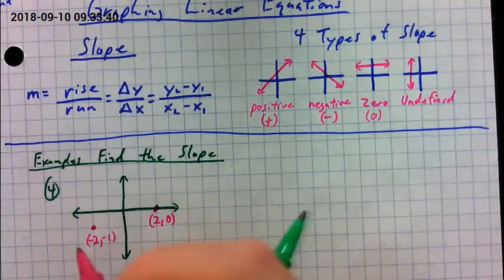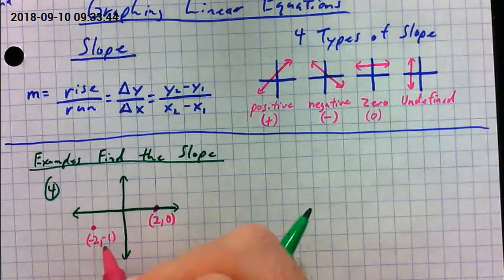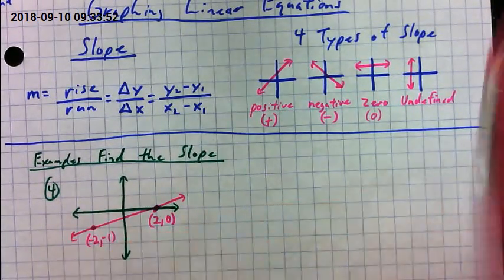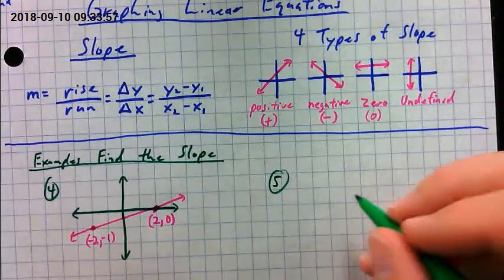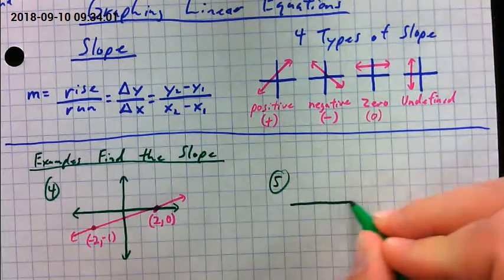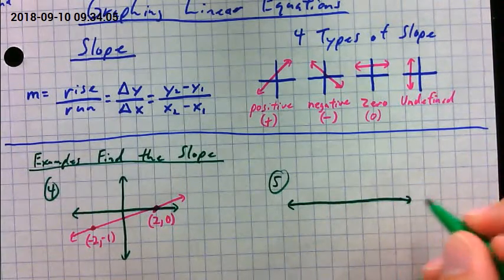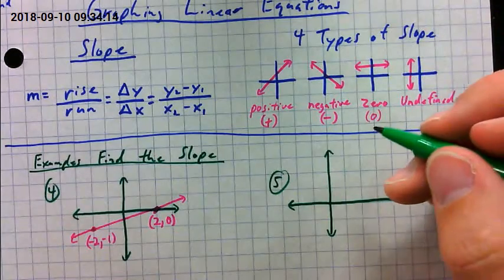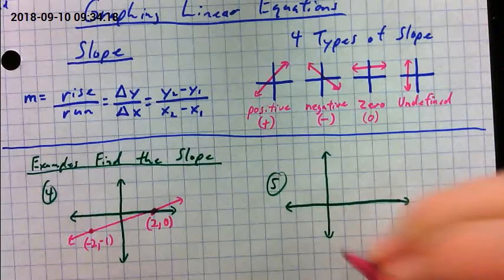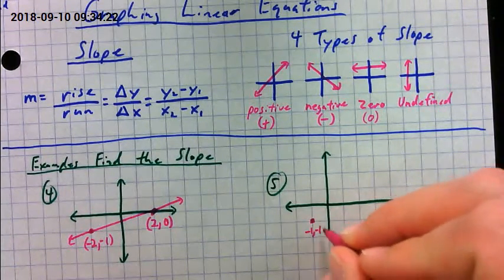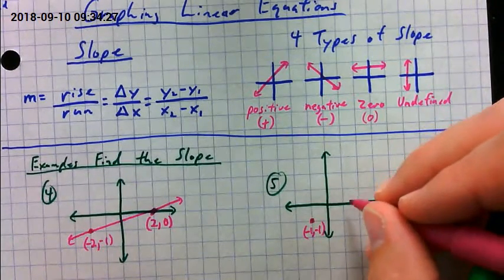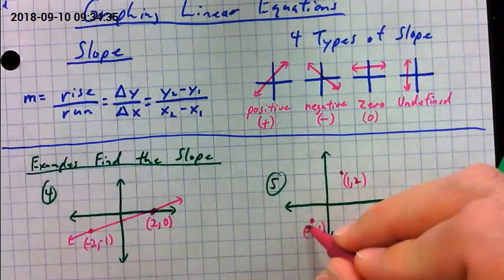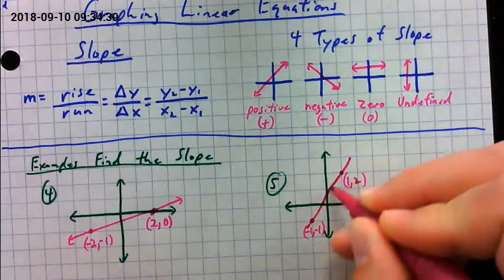So I got 2 points on this one. You got a point at -2, -1, and a point at 2, 0. And then for my second graph, I have a point down here at -1, -1, and a point up at 1, 2. Not the straightest line in the world, but